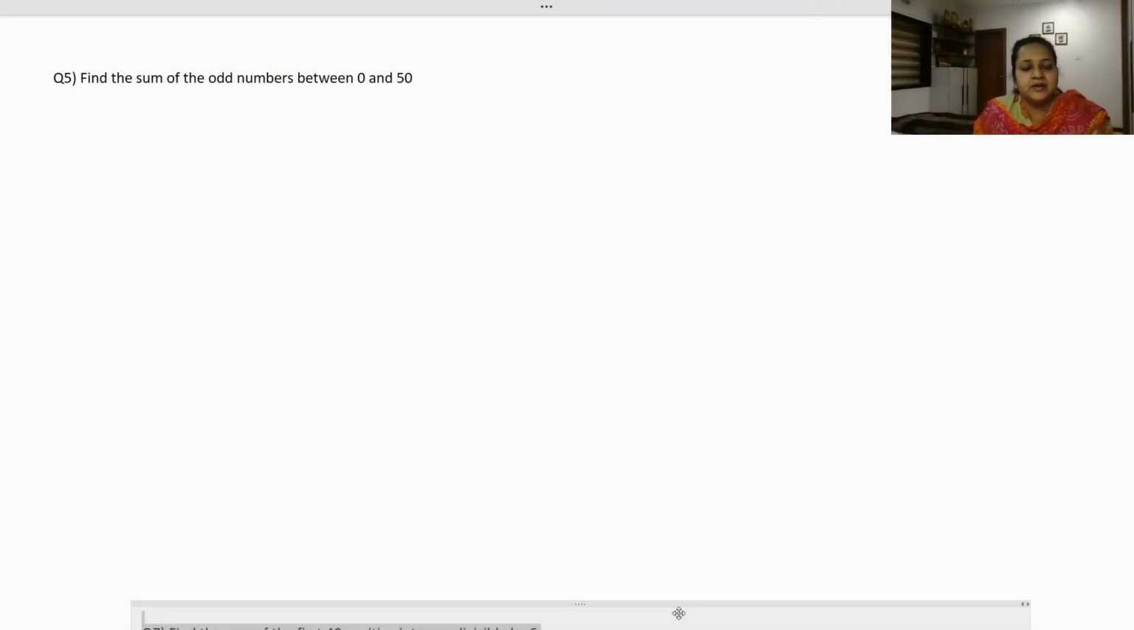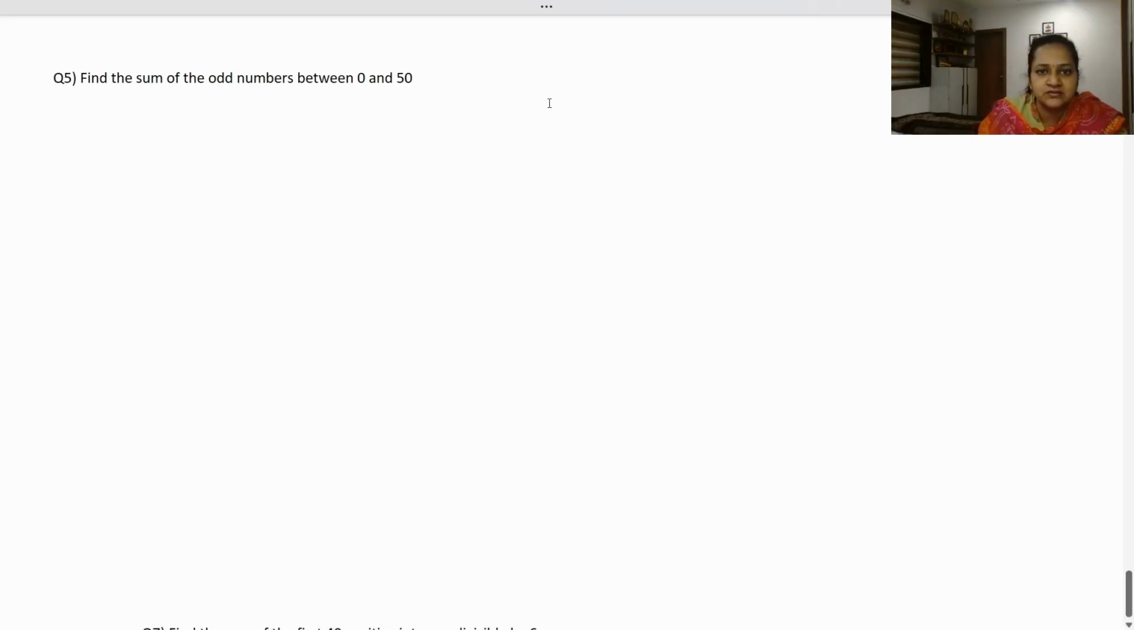Hello children. Now let's look at another question from again the chapter AP. Find the sum of odd numbers between 0 and 50. We have to find the sum of only odd numbers that are lying between 0 and 50. So what should be our first thing? First thing to do in this question would be to list down the numbers between 0 and 50 which